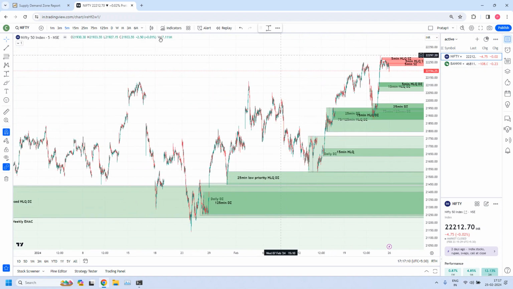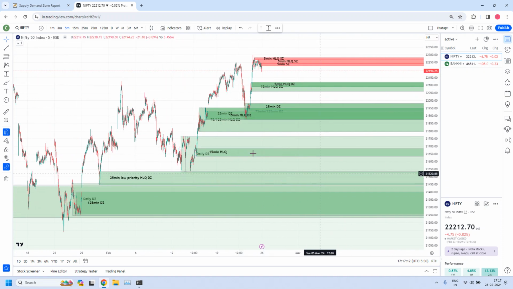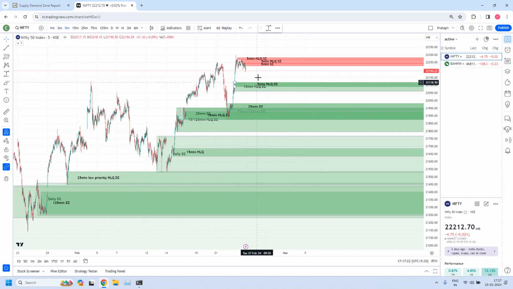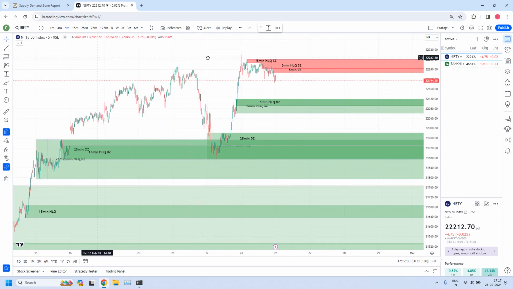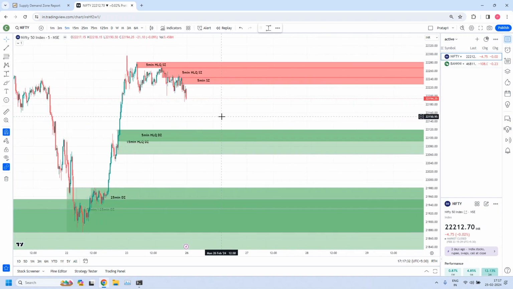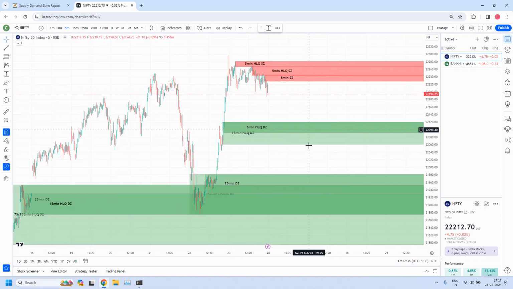But so many high liquidity zones should be violated if price wants to enter that weekly area. If that is the case, your supply should have been very, very strong. Then only it is possible. But on Monday you will get good trading opportunities to plan your intraday trades or short-term trades in between these